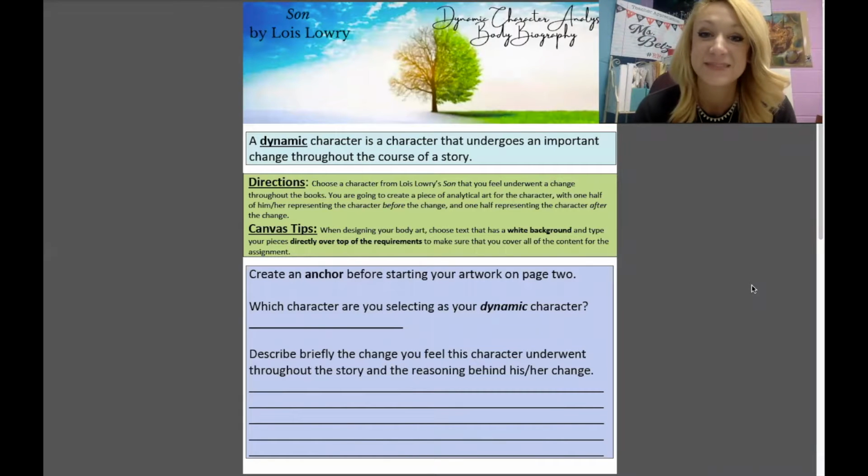Hi students! Today we're starting a 2-day project called the Dynamic Character Analysis Body Biography. So yesterday you did a short little mini web quest exploring the difference between static and dynamic characters. So let's review what a dynamic character is, because that's going to be the basis of our project over the